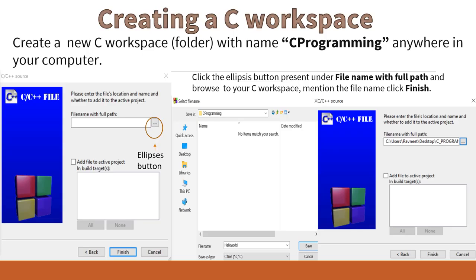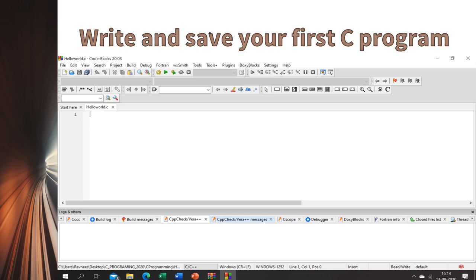Then click the ellipsis button under the filename with full path and browse to your C workspace folder, mention your file name and press Finish. Again, the C/C++ source window will pop up and then just press the Finish button. Now you are ready to write your C program. So write your C program code here or copy paste it from your Notepad or WordPad.